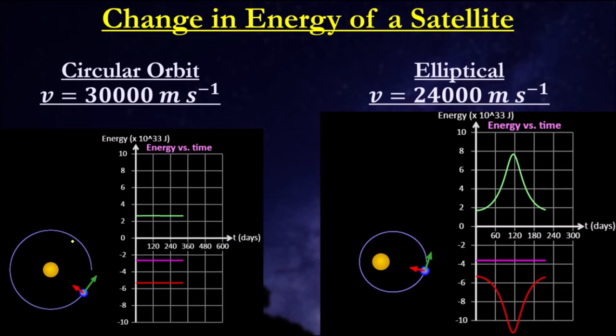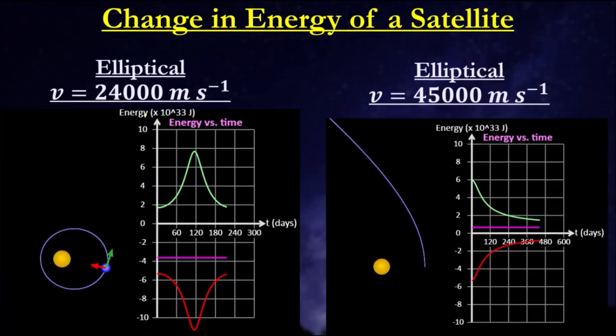Okay. What we're going to look at next is a quick comparison. In that simulation you saw in a circular orbit, we were saying that the Earth was rotating around the Sun at about 30,000 meters per second. We're going to then look at two other orbits, both elliptical, but one where the velocity is less, 24,000 meters per second, and one that is much faster at 45,000 meters per second. So what we have here, if we're slower